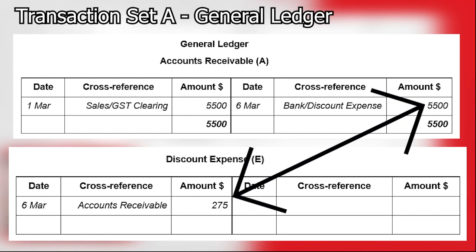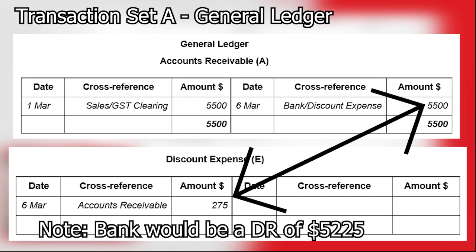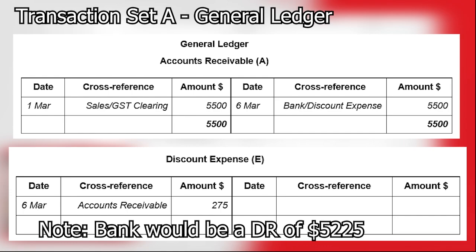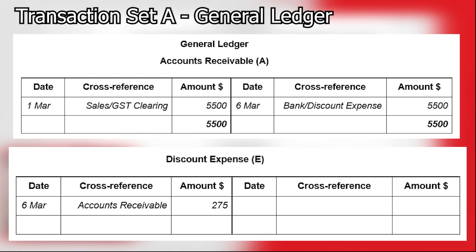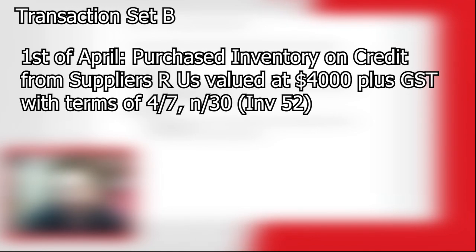Obviously, the bank will also be 5,225 because that's where that would go. Because again, we're receiving money, bank's an asset, bank goes up. So that's how the general ledger looks after that transaction. Now, if we flip around and we do our second transaction for discount revenue this time, we're in April and we purchased inventory on credit from Suppliers R Us and it's valued at $4,000 plus GST with terms of 4/7 and over 30, invoice 52,